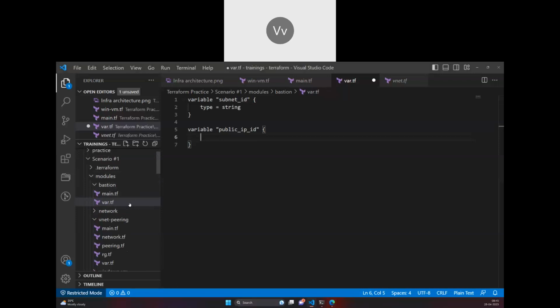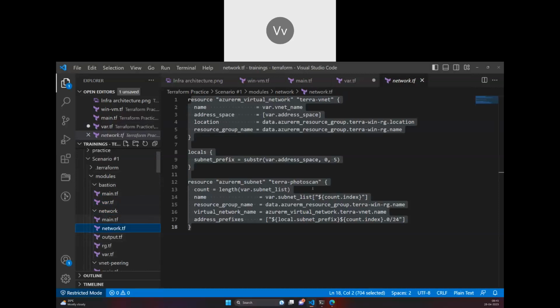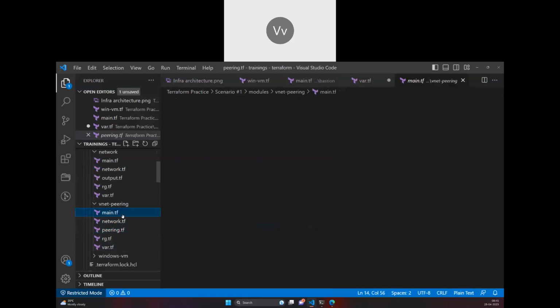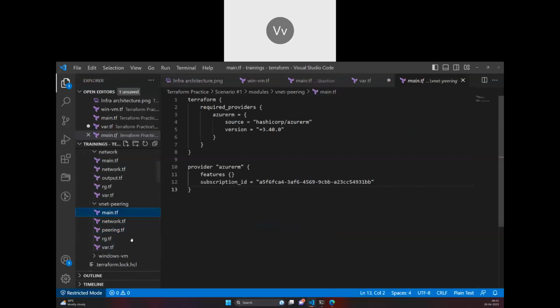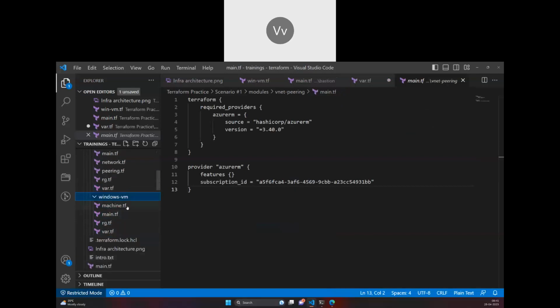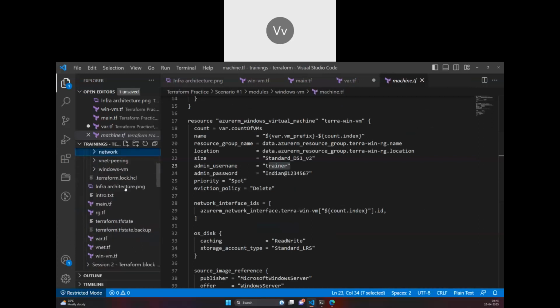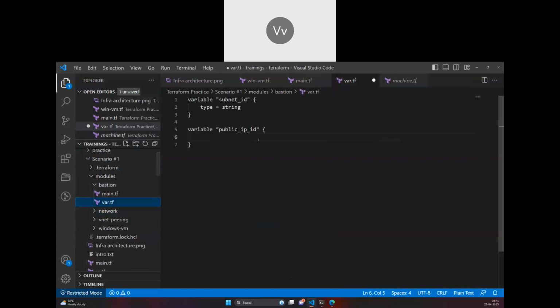This is a module, so it only has to create network. If you see here, it is only creating network, and everything creates their own. It's creating only peering here. If it is creating only machine here, same thing. This will create only Bastion service. So I'll have to create a module for public IP. Type equal to string,